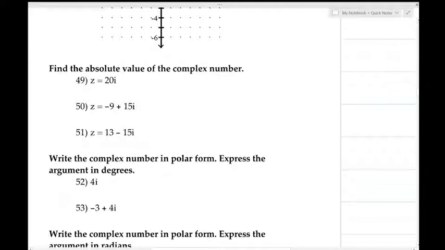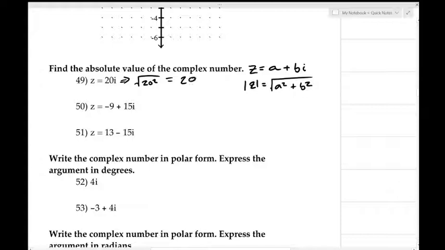Find the absolute value of the complex number. So the number z by definition has the components a plus bi. If we are talking about finding the absolute value of it, it just means finding the magnitude of that number, or the square root of a squared plus b squared. Okay, so in this case, we take the square root of 20 squared, which is 20. Okay,